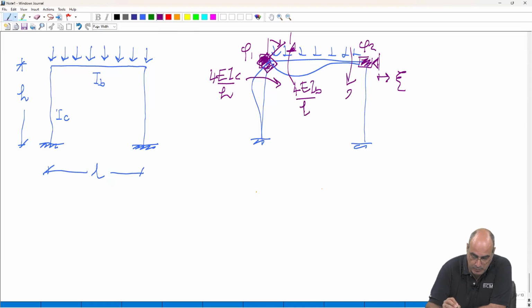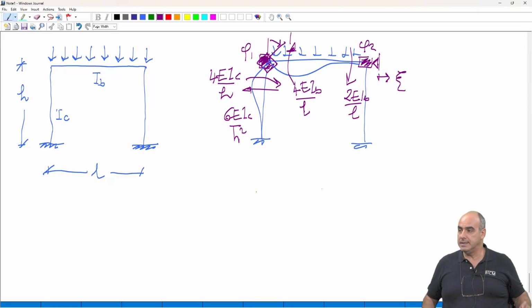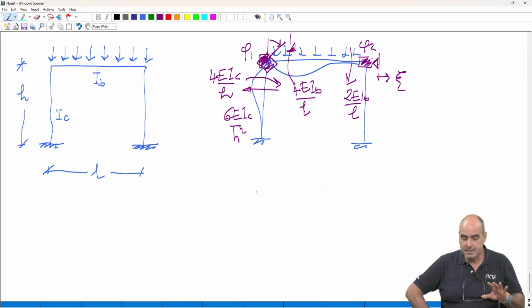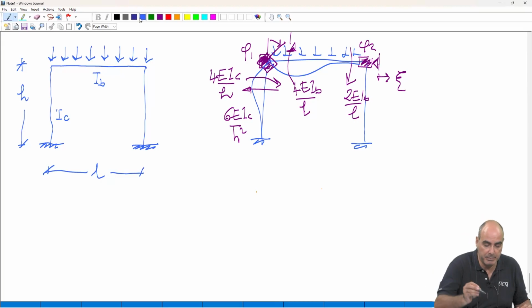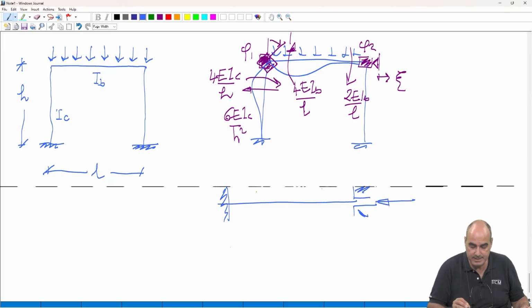And here we have another moment which is 2E, the stiffness of the beam, divided by L. And we also have here a shear force, which is 6E, the stiffness of the column, divided by H squared. This is what we do. And then we combine these moments and forces into the equations of equilibrium. So if we want to do the second order analysis, what we have to do is simply to perform the analysis of a beam like this,